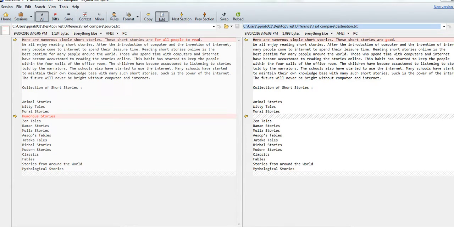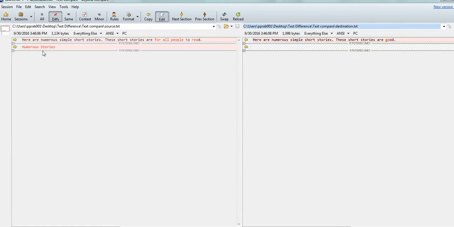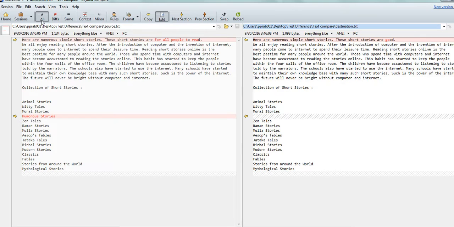Suppose you want to see only the differences in the files, you can click on the diff button. If you click on the diff button, you can see only the different lines which are there in the two files. If you click again, all the contents will be shown along with the differences.